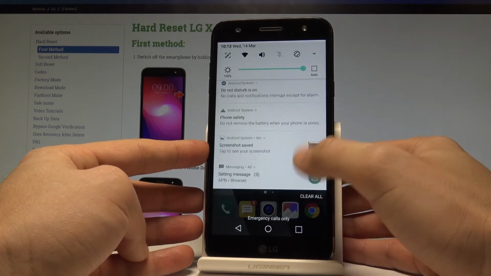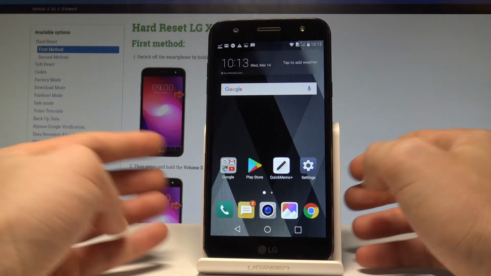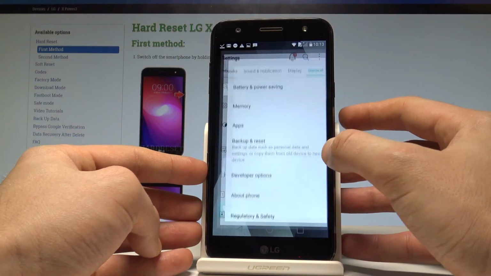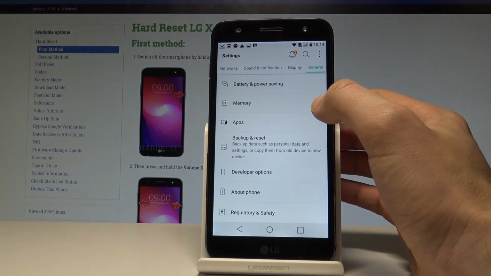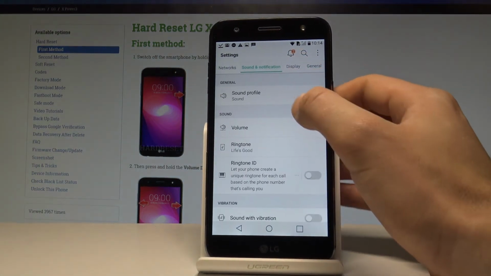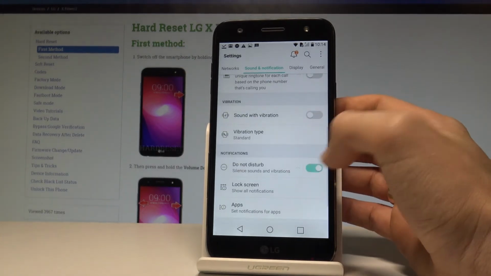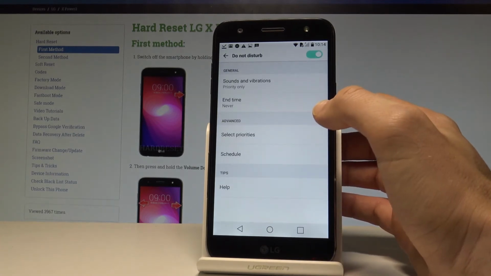Right now, as you can see, the icon of Do Not Disturb should pop up right here, and if you would like to find some settings connected with Do Not Disturb, let's choose the settings icon. Then from the following list, let's choose the sound and notifications, scroll down, and here you have to find Do Not Disturb. Here you can enable or disable this mode, or you can tap on Do Not Disturb to edit